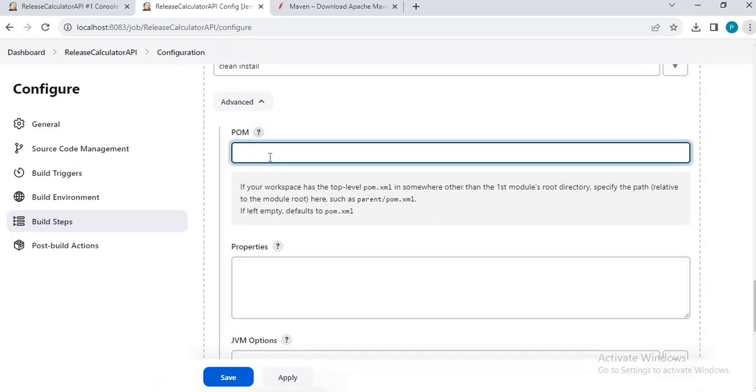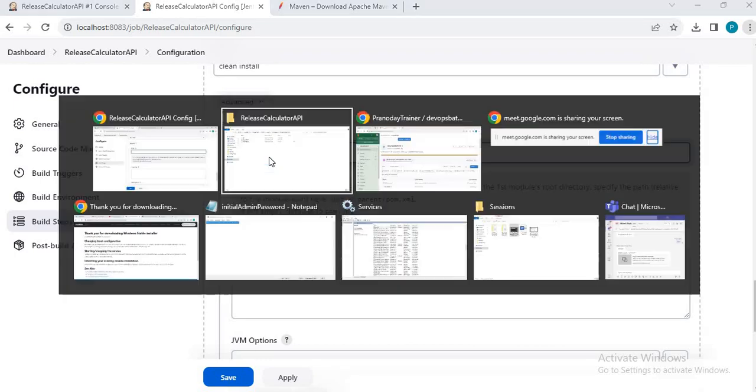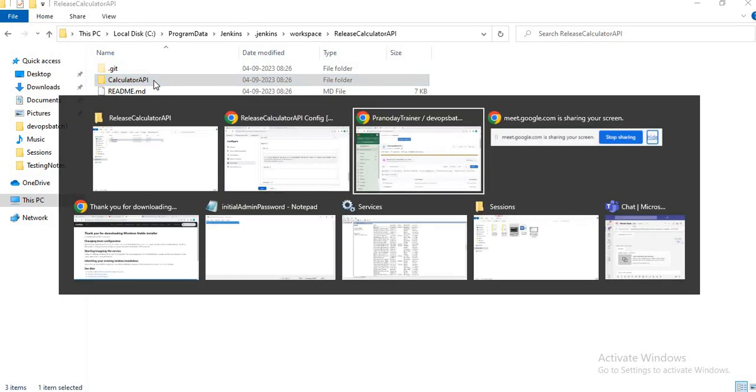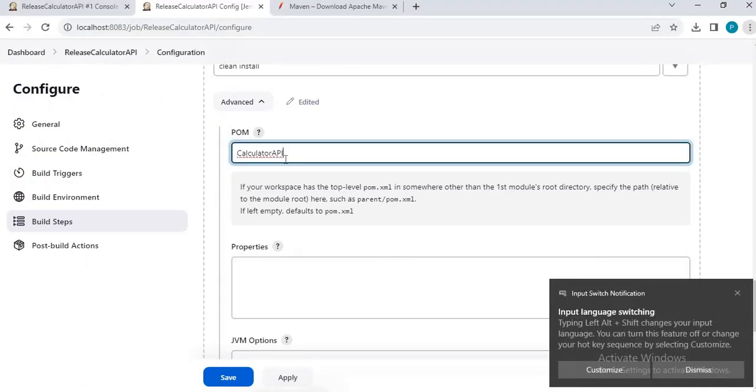That's fine, but we have our POM-XML inside that calculator API directory. So let's take this /pom.xml.